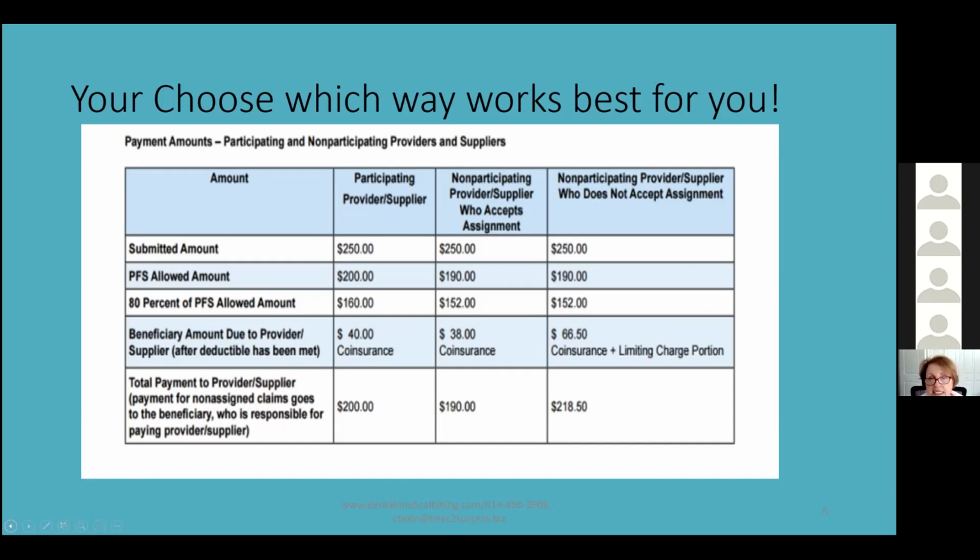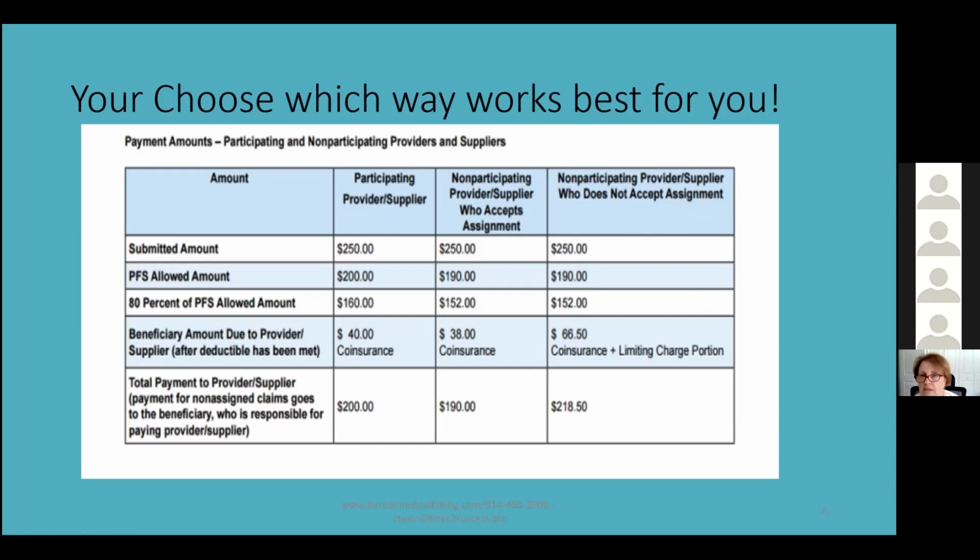And the difference is what you get from the insurance company at $152, which is lower than the $160. And the co-insurance is a little bit lower at $38. So you really get the least amount of money as a non-participating provider who accepts assignment. If you're non-participating and do not accept assignment, that's perfectly fine, as long as you know what you have to do in the office. And that is a teachable